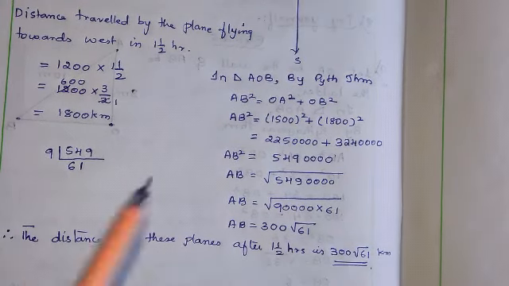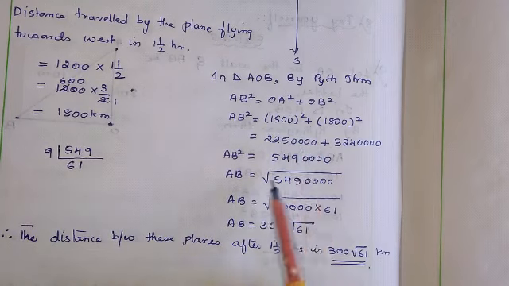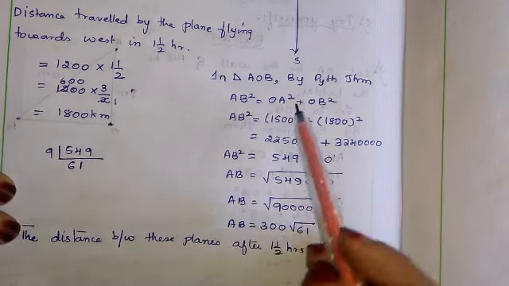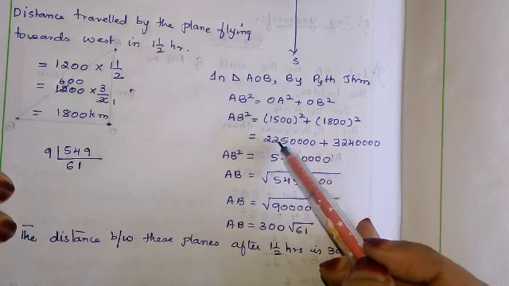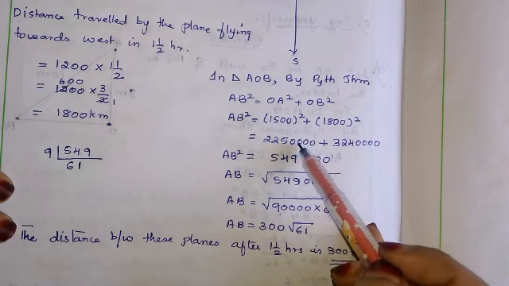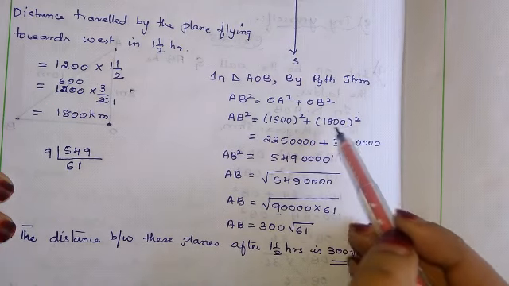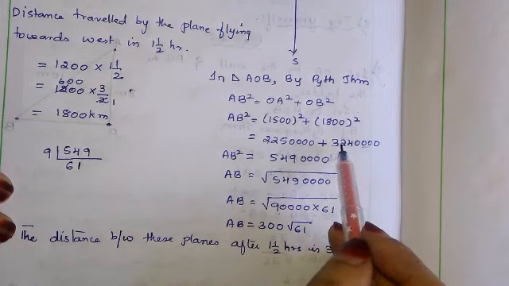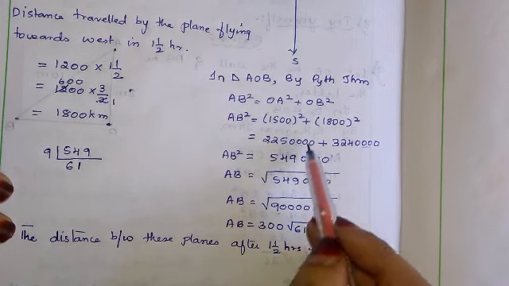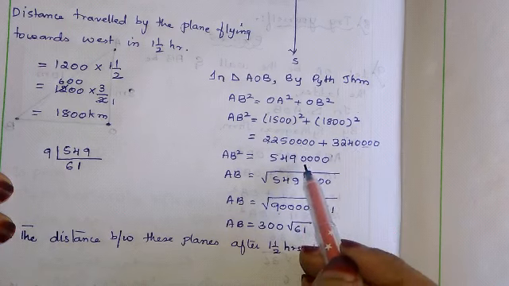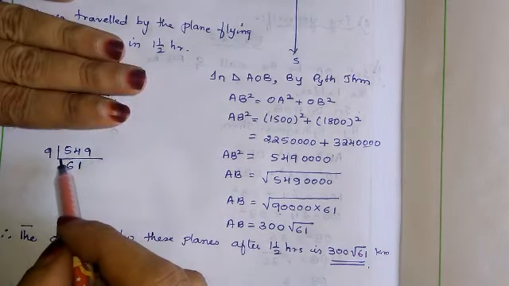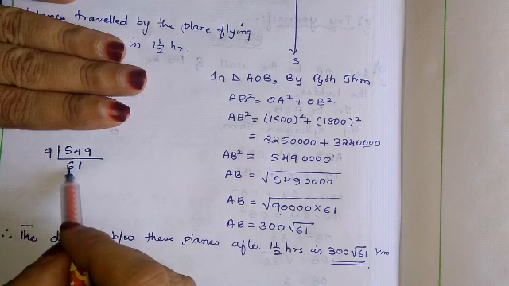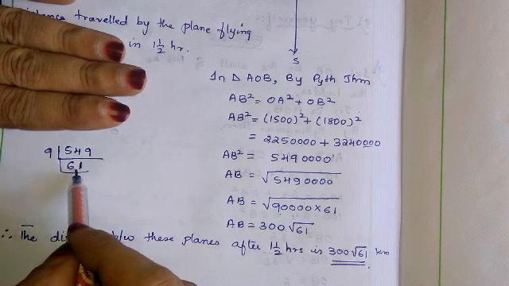Okay. So I feel you people might have been confused here, but still I'll just revise once. 15 square is 225. 0 square, double zero, I have taken in place of 2 zeros, 4 zeros. 18 square is 324, in place of 2 zeros, 4 zeros. 225 plus 324 is 549. Adding this, you will get this. 549, I have done here. 9 6s are 54, 9 1s are 9. We cannot divide again because 61 is a prime number.